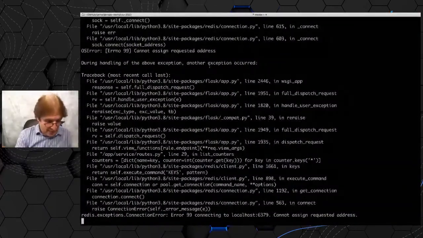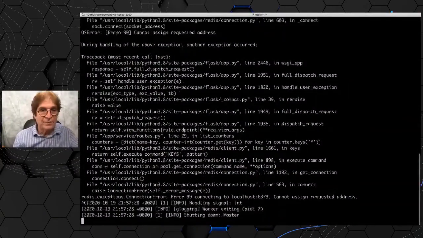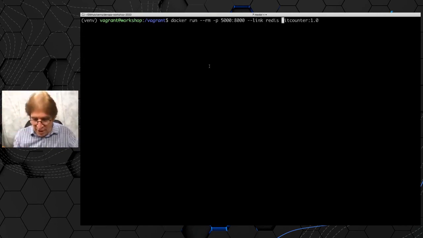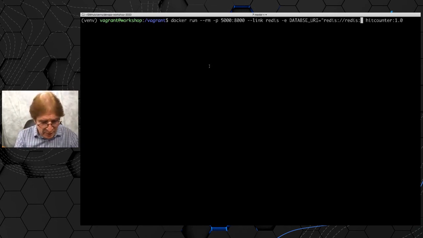So let's do that, and that'll be the last thing we do because we're at the top of the hour. So now when I start it, I'm going to say --link redis, and then I'm going to inject an environment variable. I'm going to say -e DATABASE_URI equals redis://, and then redis is the name of the container. I think that might be enough, but 6379. And